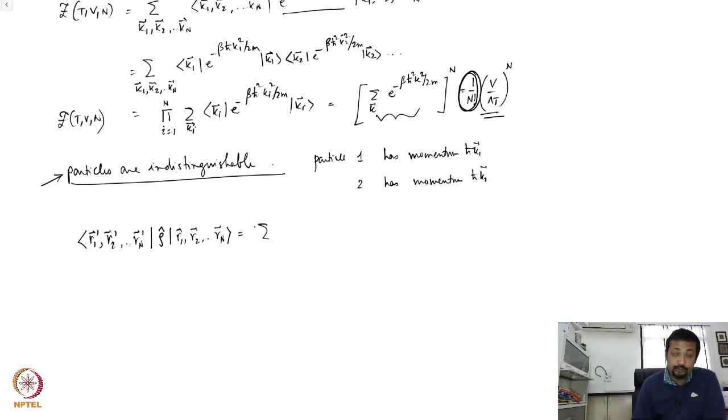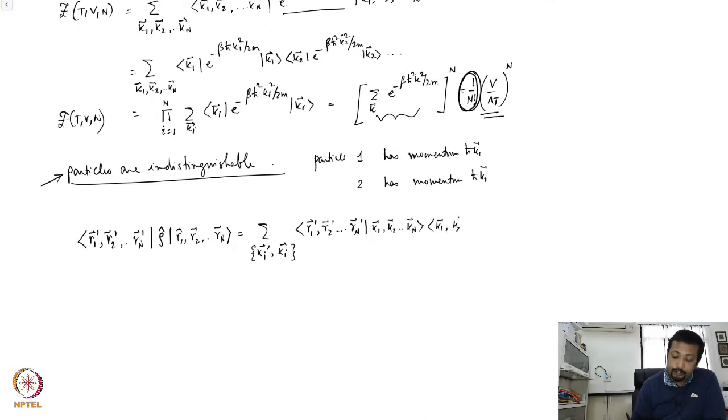And then we introduce the completeness of the vectors. I'm going to compactify the notation. I'm going to write this as sum over ki' and ki, and I have ⟨r1', r2', ..., rn'|k1, k2, ..., kn⟩